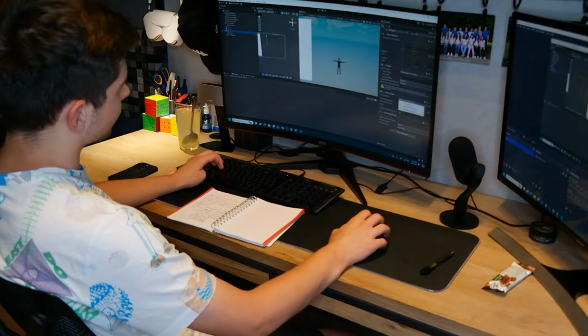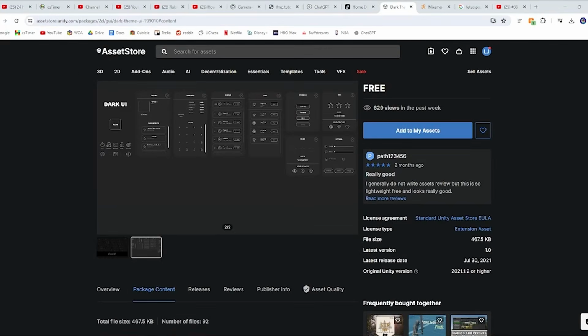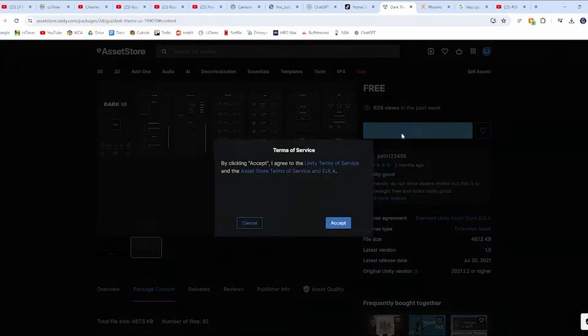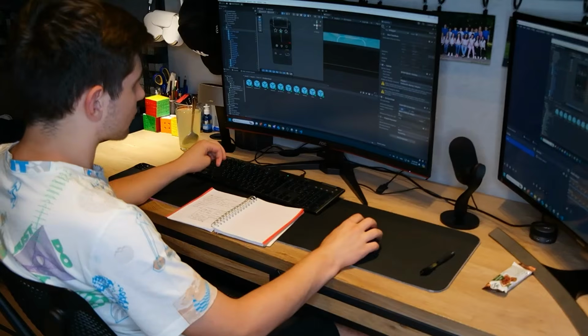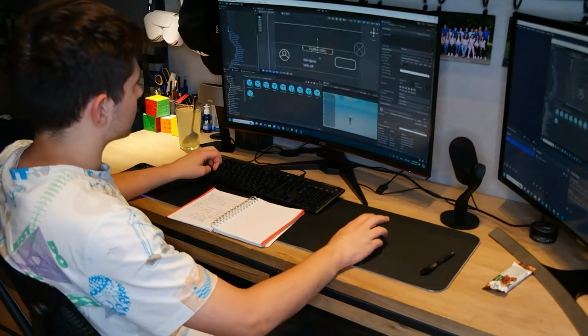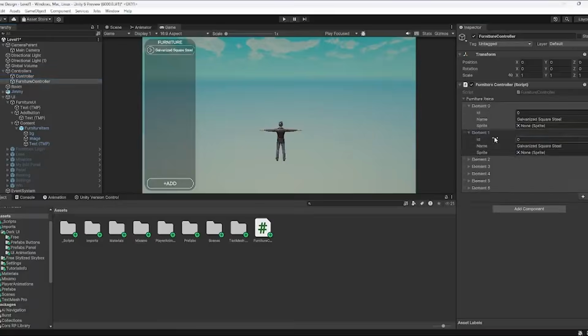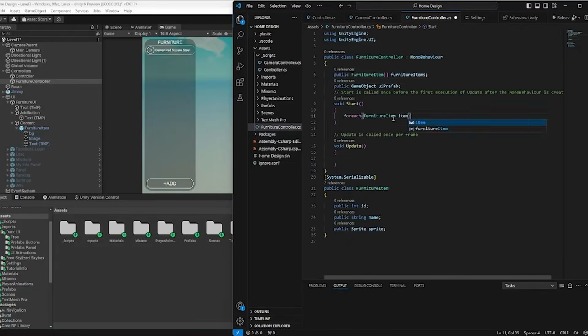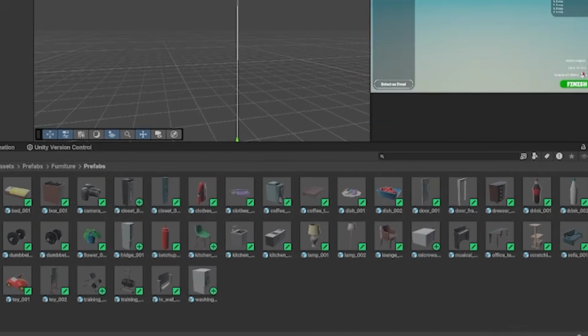So after trying and failing for about 12 minutes, I went back to the good old Unity asset store and picked up a UI pack. That gave me a great basis that I could turn into the UI that stores the furniture types you have at your disposal. I then added a bunch of furniture with all their names and models, and if you're wondering where I got all those from,